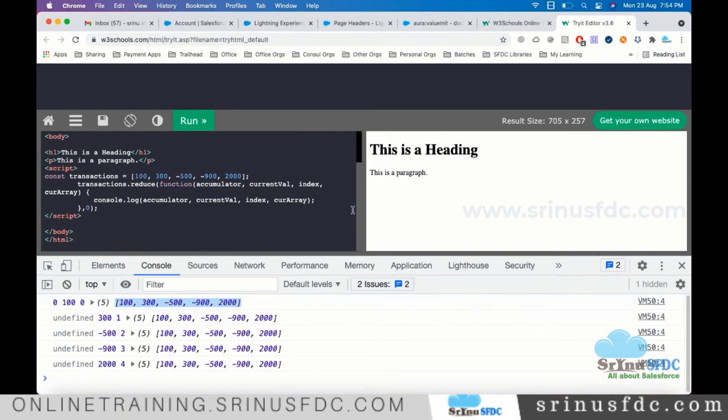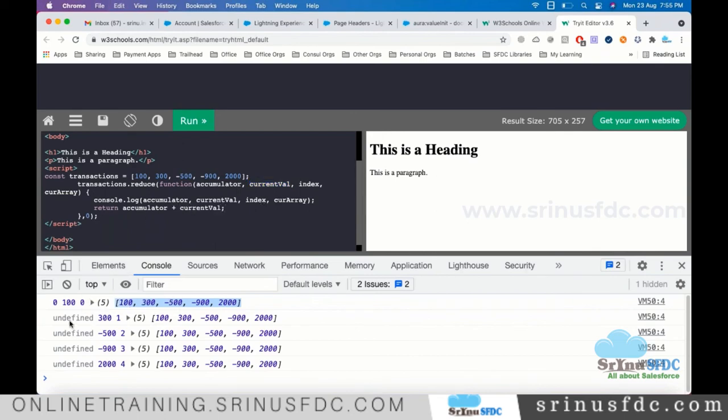So to add the logic, return the accumulator, whose current value is 0, plus whatever the current value is. 0 plus 100 is 100.